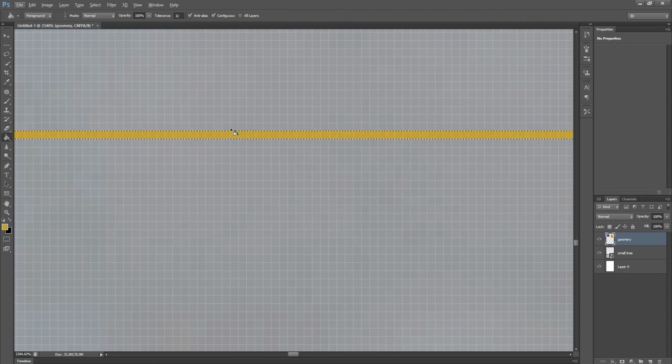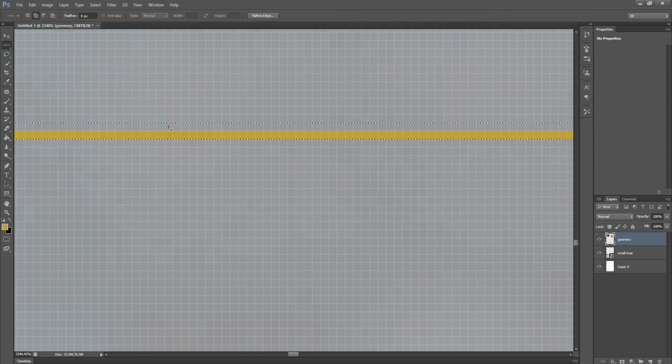If we want to add to the single row selection, hold the Shift key and click on the selection, and we can select one more. When we want to select more pixels, we can increase them through the Shift key. If we want to decrease the selection, we hold the Alt key and click, and we decrease the selection.